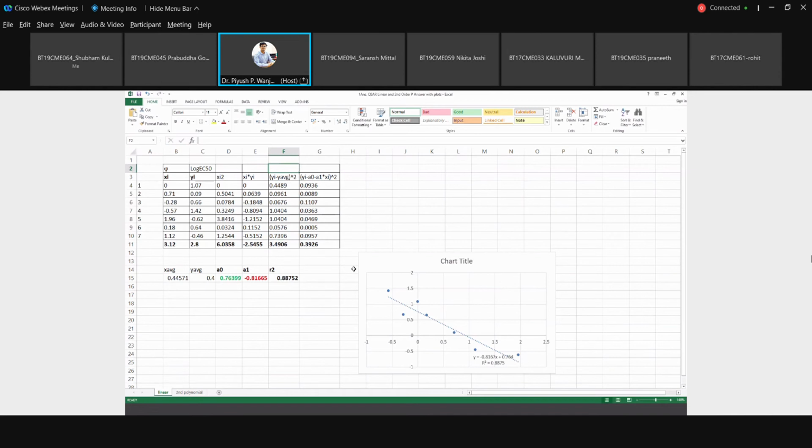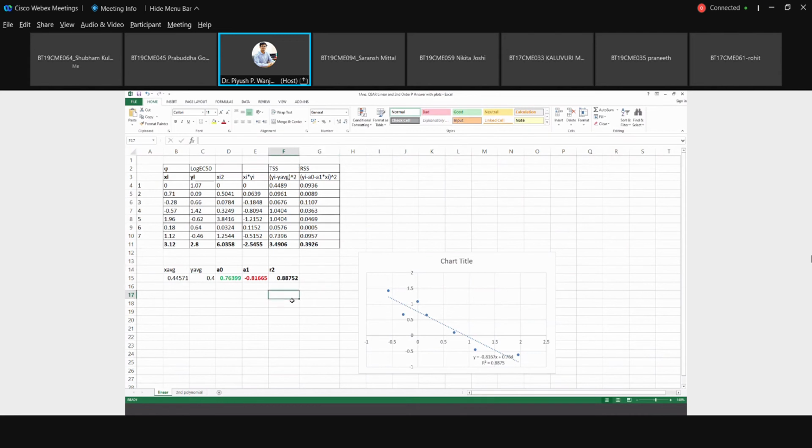TSS, the total sum of squares. You compare all the data points with the average value: calculate the average, take the difference and square it. And what is this? RSS. For each data point yi, the difference from your model, which is A0 plus A1 x.